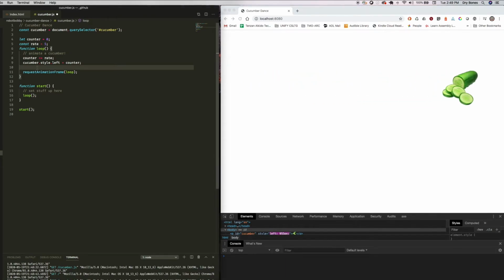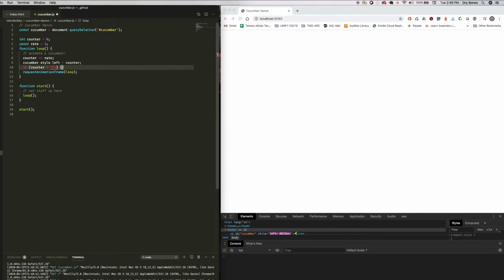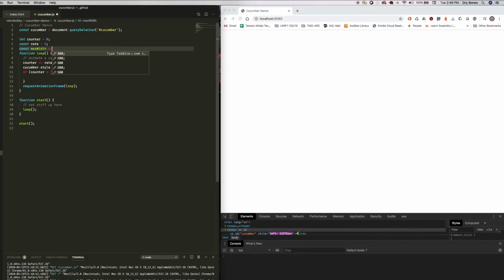I don't like the way the cucumber just animates all the way over to the right and then disappears off screen. So I'm writing a conditional statement now. I'm saying if, using the if keyword, and then inside the parentheses I give it some condition. In this case, I'm saying if the value for this counter variable is greater than, let's say, max width, which is the width of the browser window. If the value for counter, which is the position of our cucumber, is greater than the edge of the browser window,